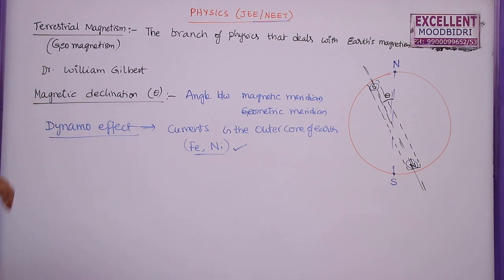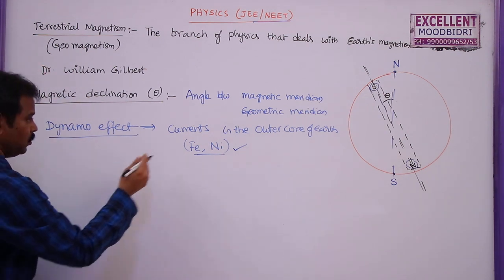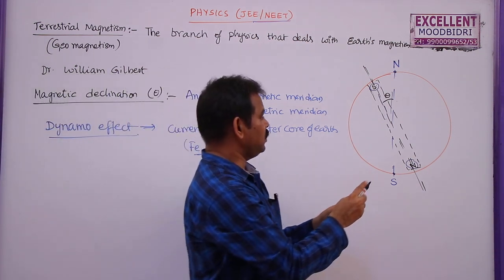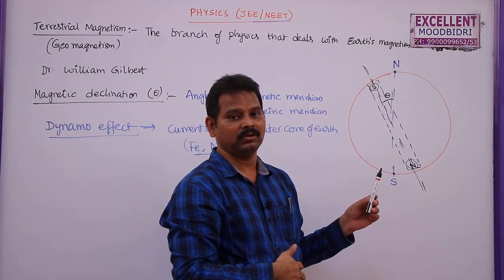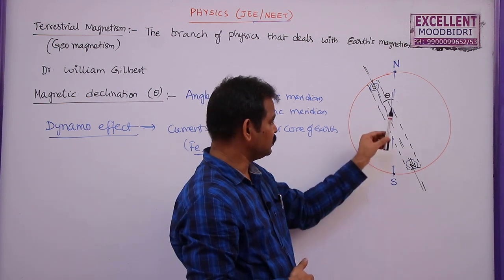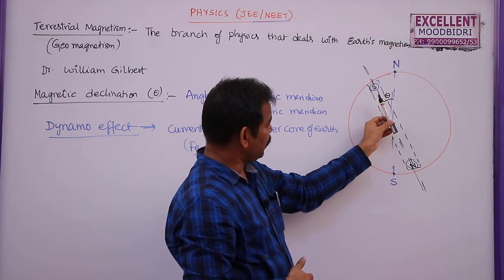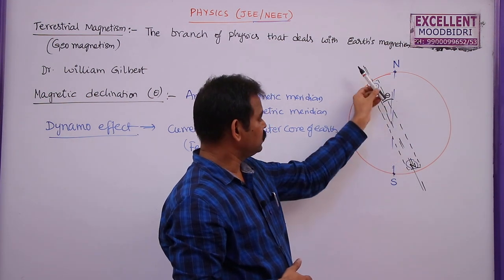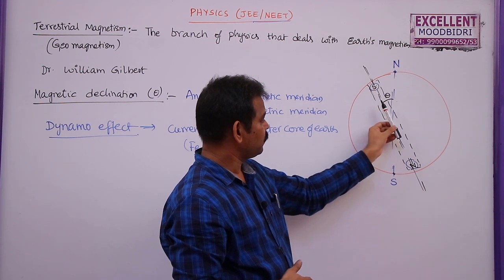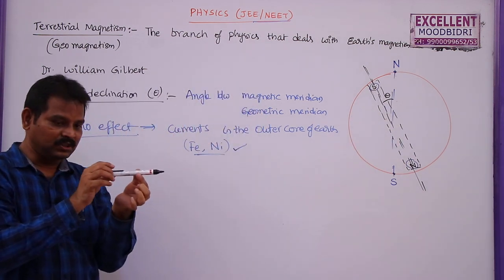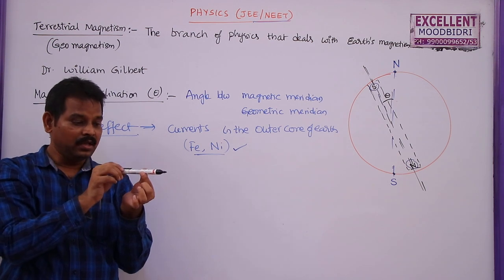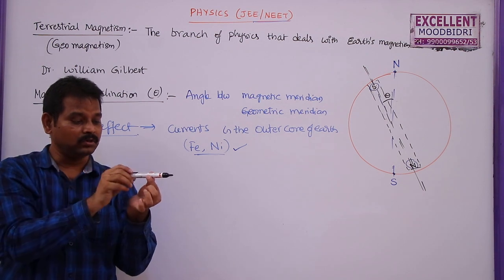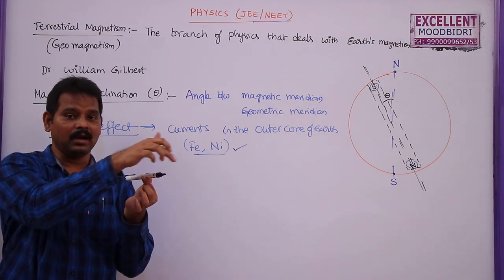explanation for geomagnetism. Now if you take this Earth magnetic field and suspend a bar magnet anywhere, generally we know that it always comes to rest along the north and south poles of our Earth, but actually it will not come in this direction. It will come along the north and south poles of this geomagnet, this bar magnet. If it is suspended with the help of a string, it comes not along the geographic north and south poles, but along the magnetic north and south poles.